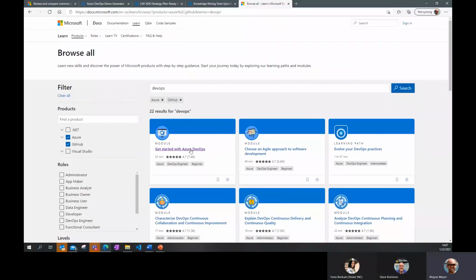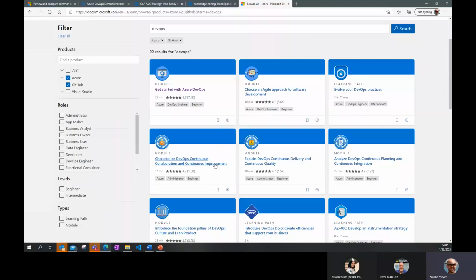Plus, go ahead and sign in, and you can create your own collections and even share those collections out with friends and work colleagues to say, here's some content that I've been doing. Once you sign in, you get your little badge. You can go in and see your collections and share them out. So I'm a big fan of what's in the learning platform. It's pretty much my single place to go when I'm looking for new ideas and trying to understand something. It's a great place to go.